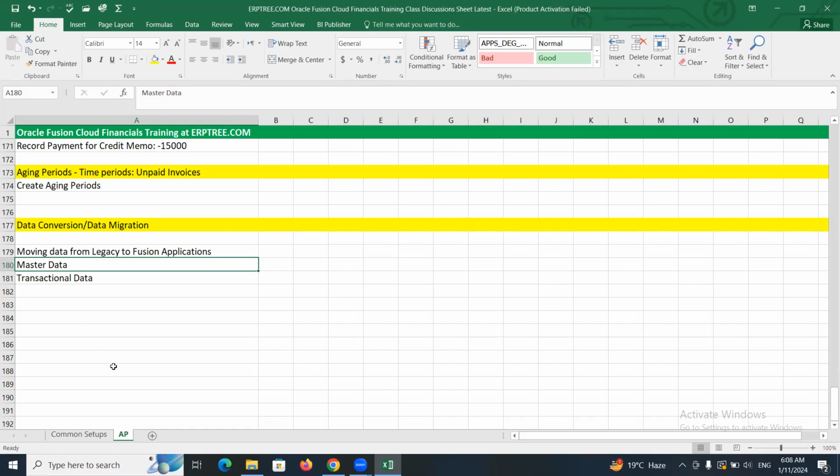How to move the data from legacy to fusion? It's very simple. Oracle is providing the templates. The same templates we have to share with the client. When you talk about suppliers data, they'll have a vendor master team, and the supplier master team will receive the template. When we share the template, we'll explain the fields, like what data we are expecting as per our fusion applications. And they'll understand what data we are expecting and what data they have in their current system, and they populate it into the template